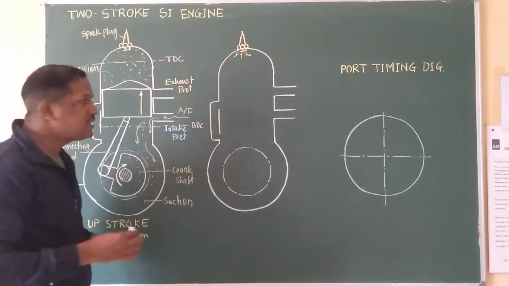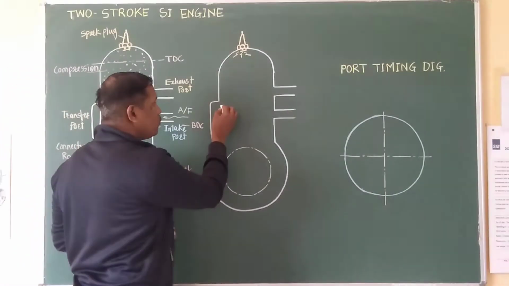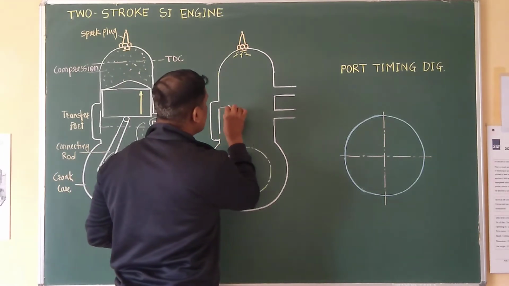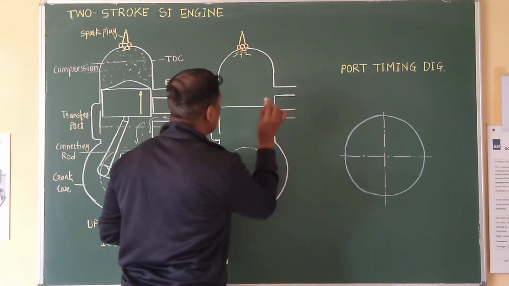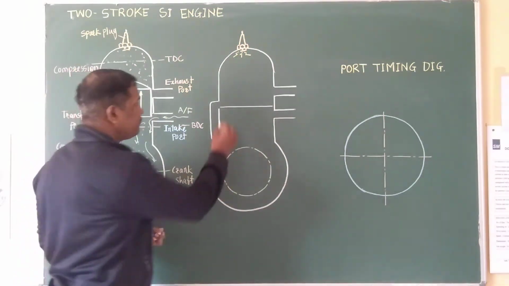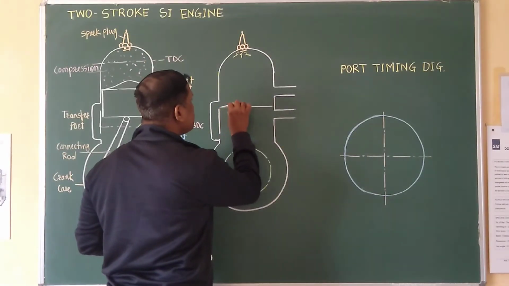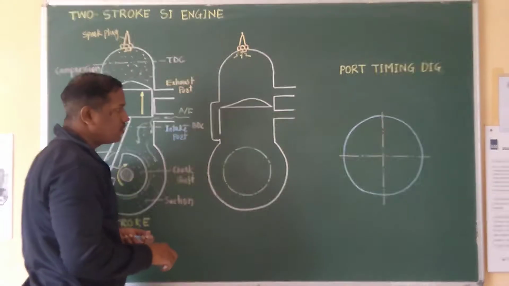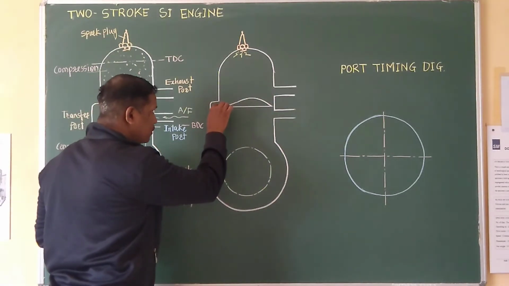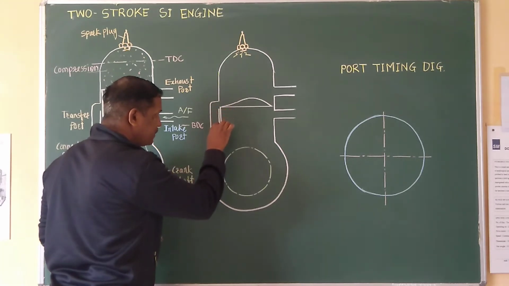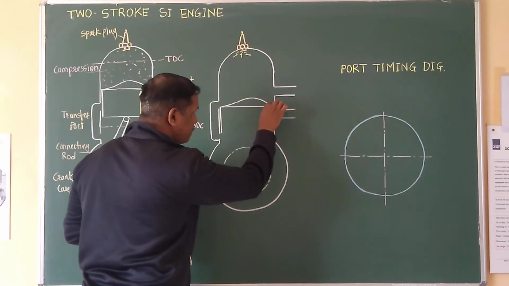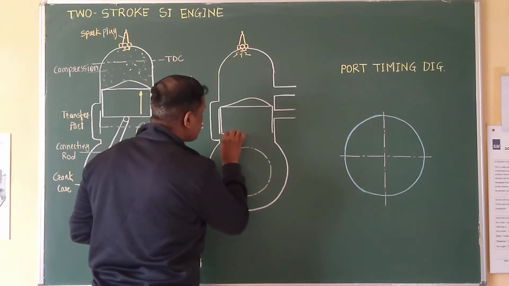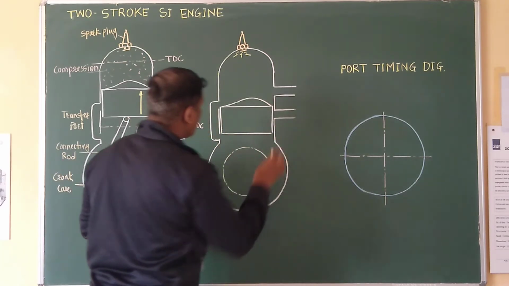Now in this piston position we can observe that there is a suction and there is a compression. Now the second position of the piston should reflect the power stroke and the exhaust process. Now what to do for that? So now our piston's top edge must be partially opening the top edge of the transfer port.